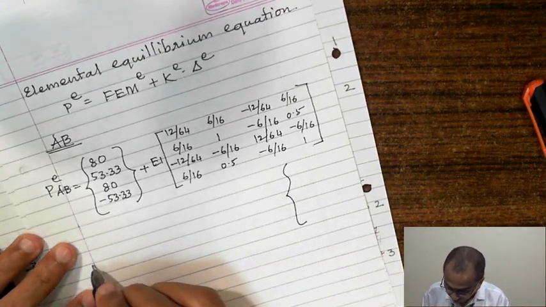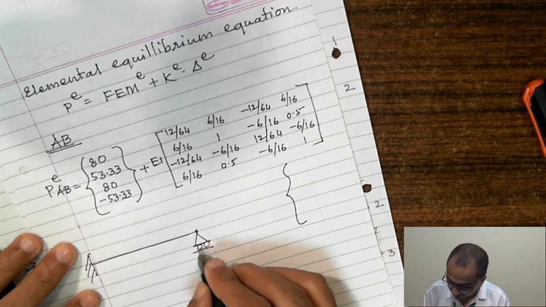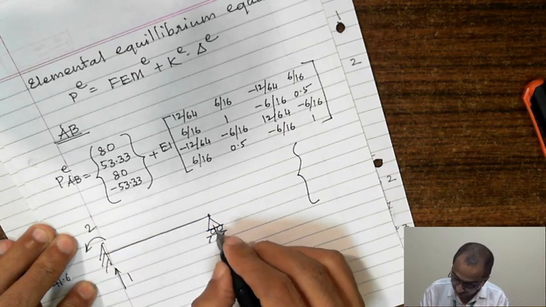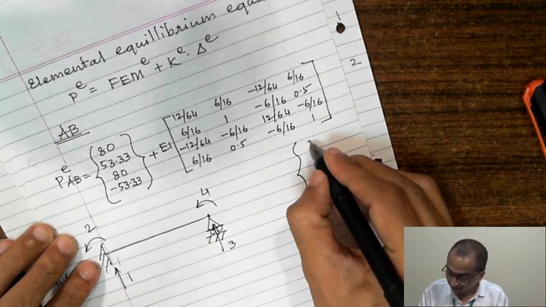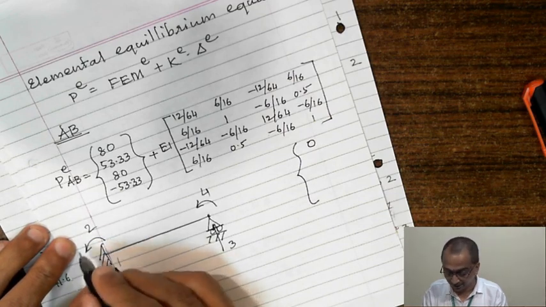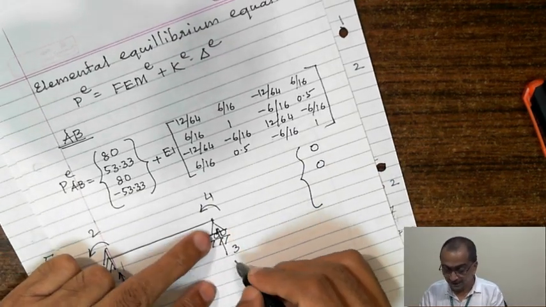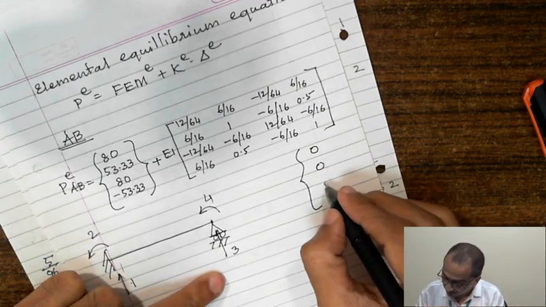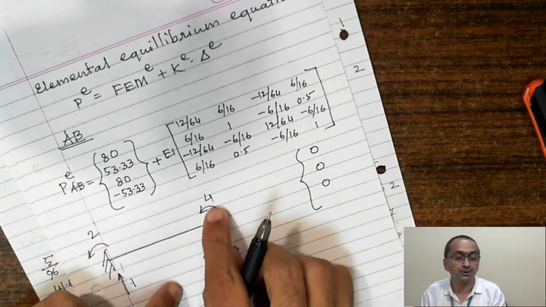Now, this is element AB and I know its support conditions. This is a roller support and I am writing it in local terms 1, 2, 3 and 4. What is the local displacement at coordinate 1? It is not possible, so 0. At coordinate 2, that is the rotation of the fixed support, also not possible, so 0. At coordinate 3, the displacement of this roller support in the y direction, is also 0. And at coordinate 4? Yes, it is possible to have deflection.